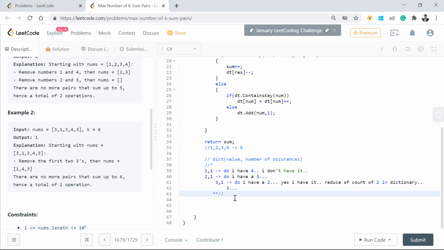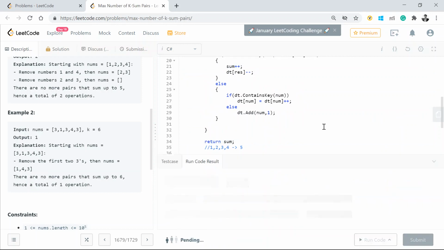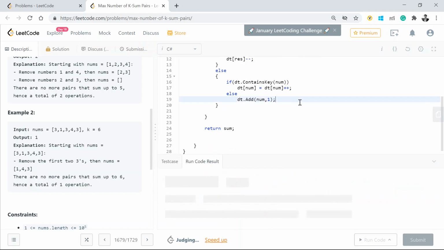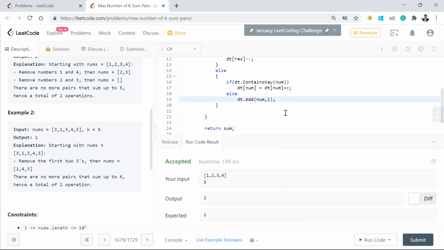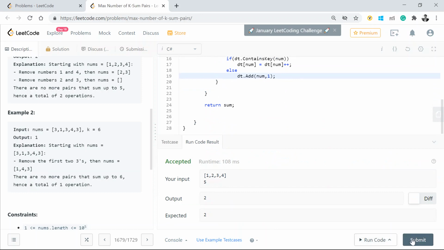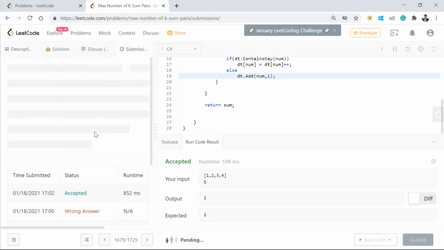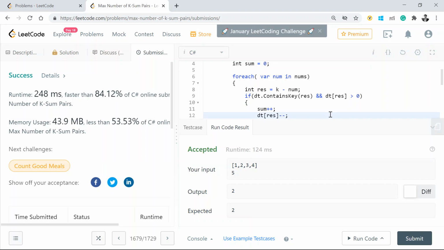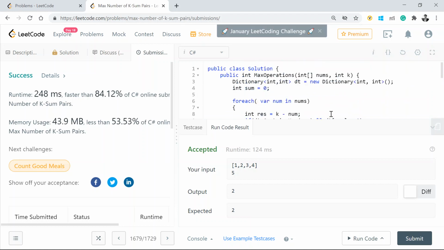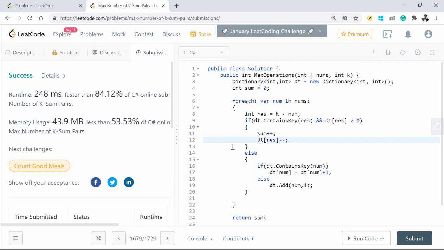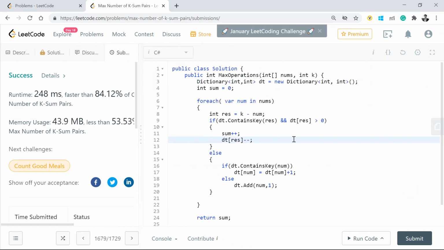So let's comment this just to ensure. Let's see if this is working for me. So I removed all the commented section and hence I'm getting expected results. Let's try to submit it. So if you see the time complexity of this, the complexity is O of n, because I'm going to iterate through all the numbers in the array and then I'm going to work on top of it.